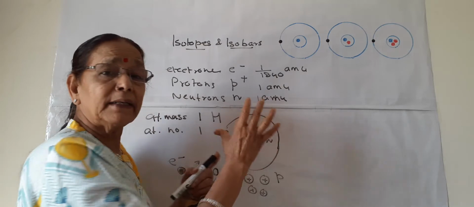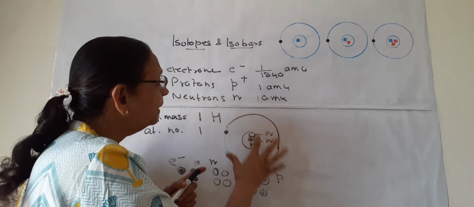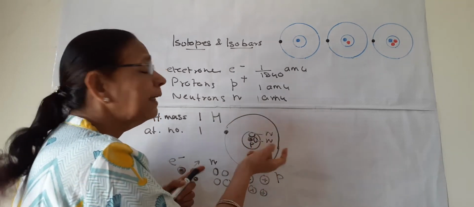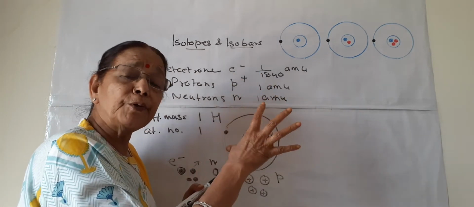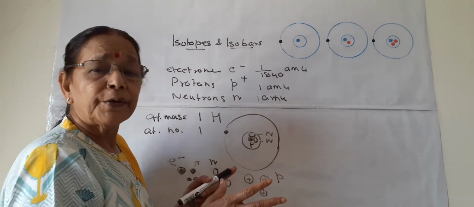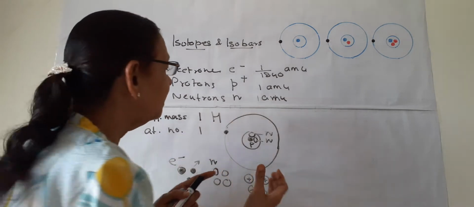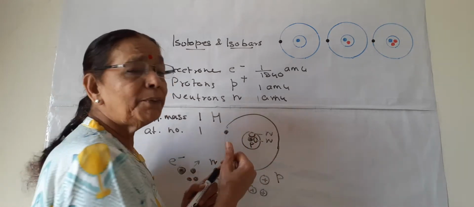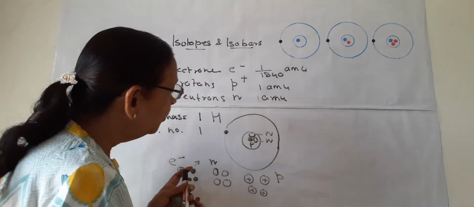So by adding neutrons, its neutral character does not change. It is still a neutral atom, but its mass is different, and these neutrons add only the mass. Still the atom is a hydrogen atom, and its characters are not changed. Some physical properties are changed as the mass is increased. The chemical properties remain the same. So this is about neutron.